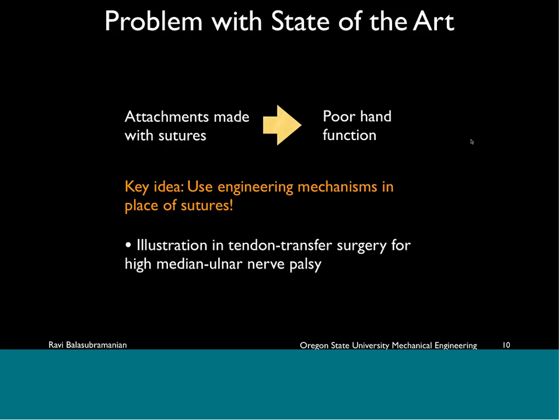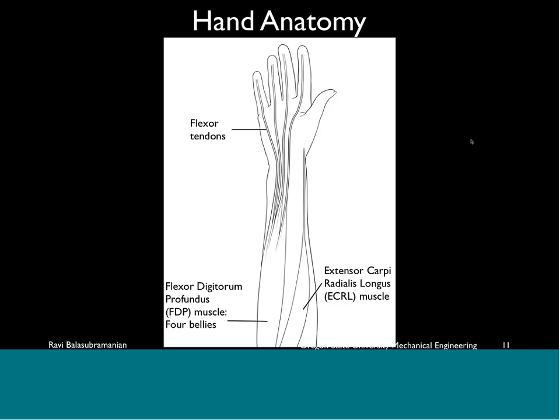And I will illustrate this in the context of tendon transfer surgery for high median ulnar palsy, which is one of the most commonly performed tendon transfer surgeries today. Okay. So before I proceed with the details, let me give you a very quick overview of hand anatomy. There are about 35 to 40 muscles in the human hand, in the forearm and in the palm of the hand. But 2 of the muscles are the flexor